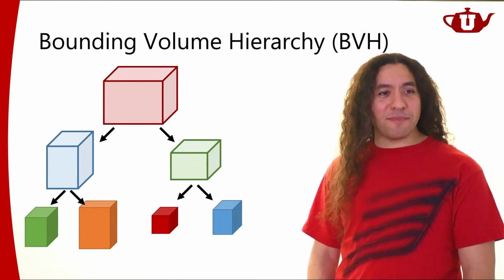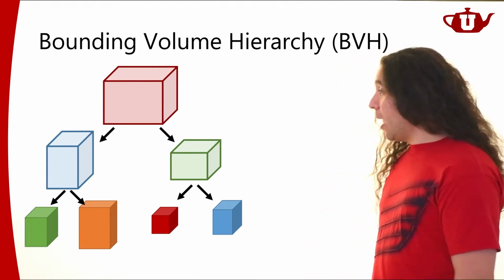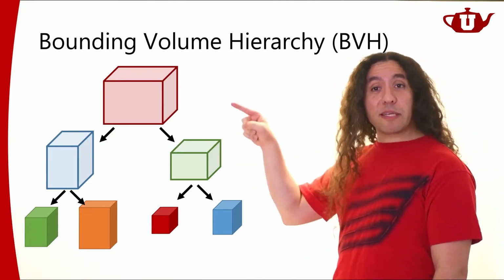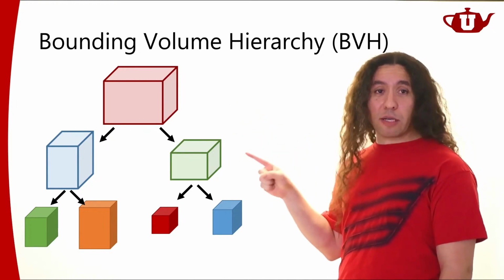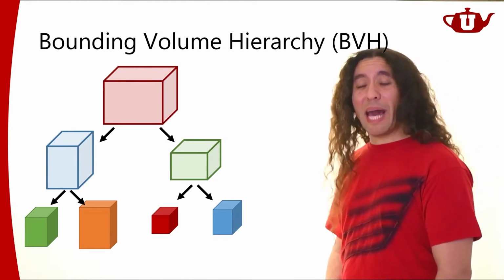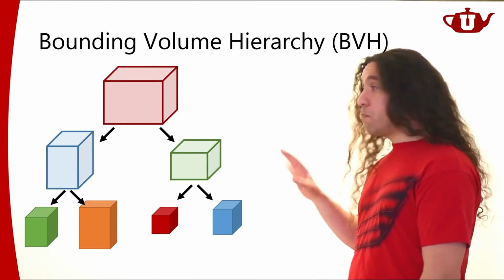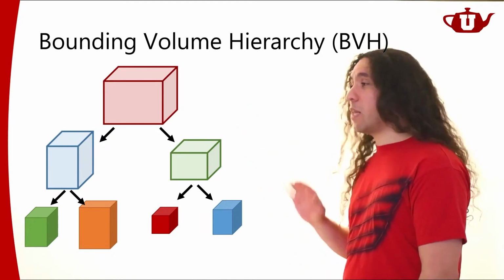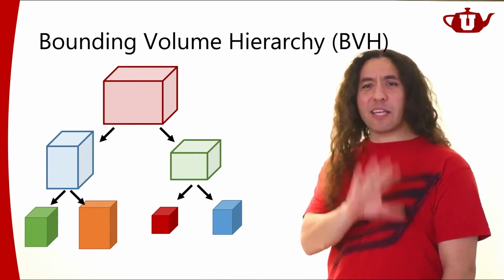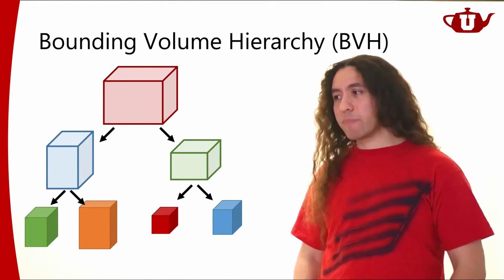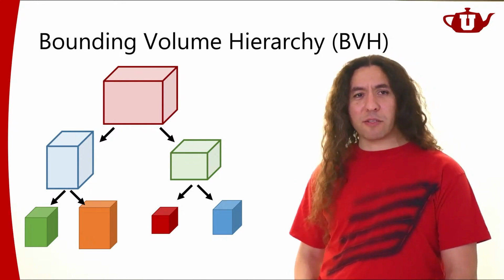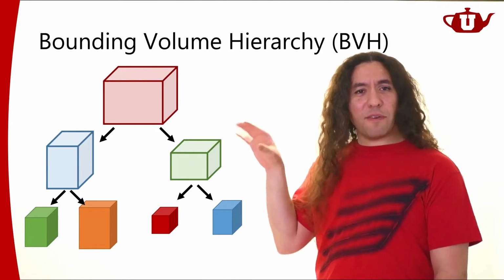How do you decide how to group them? Is there a strategy? I am not going to talk about this. That's a big topic, actually. There are good ways of building the structure. There are bad ways of building the structure. If you build this in a very, very bad way, actually, your acceleration structure will still probably help a little bit, but it's not going to help as much. But if you build this structure carefully, and I'm not explaining what careful means, if you build this carefully and not necessarily optimally, but close to optimal, I keep using the word optimal, although I don't quite like using it because optimality is not really well defined in this problem.